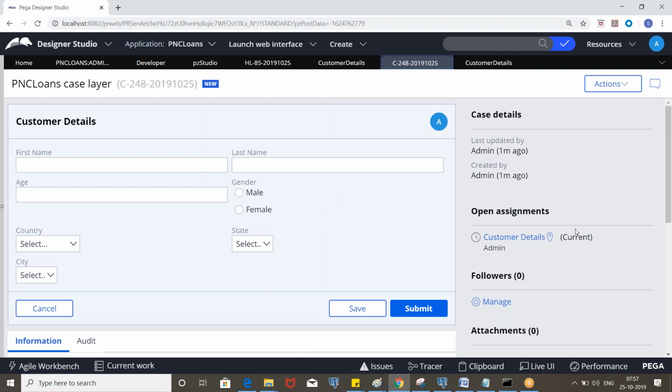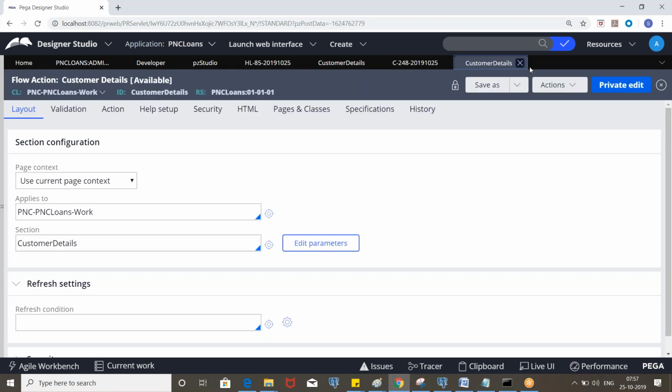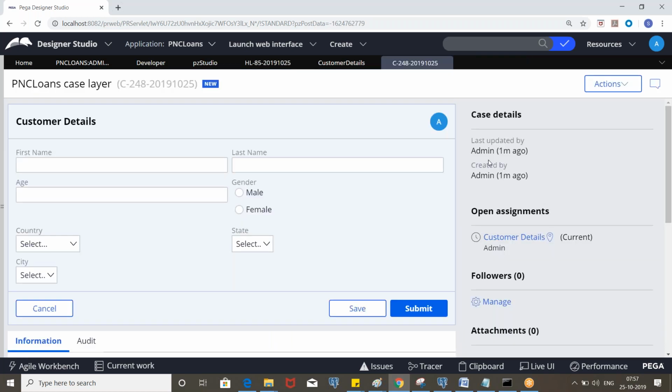Let's say an activity: you open the tracer, and whatever rule you see on the tracer is the one which is executed as part of the flow. This is how you identify the actual rules. Clear? In the next class, we'll work on RNSs, create some paragraph rules, and invoke them in the flow.